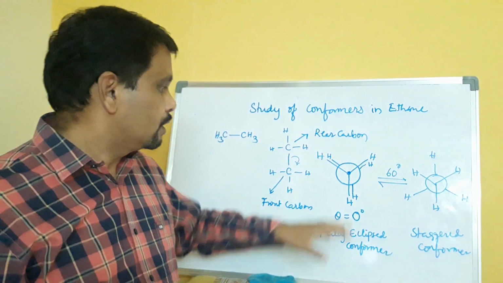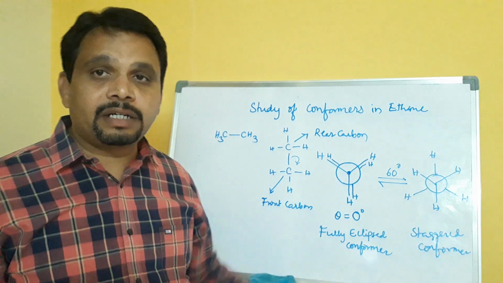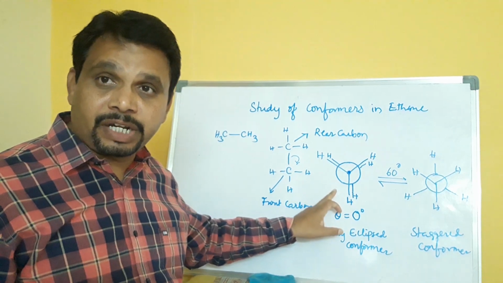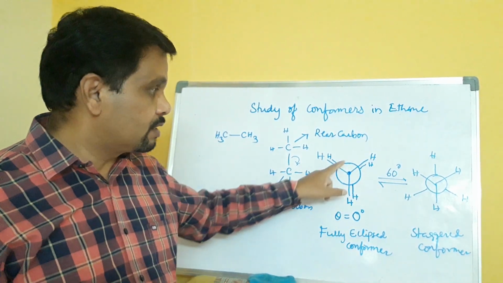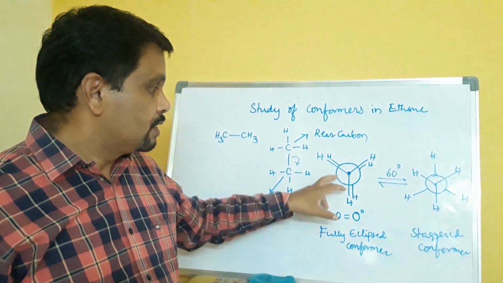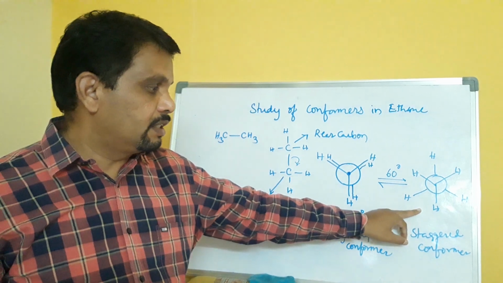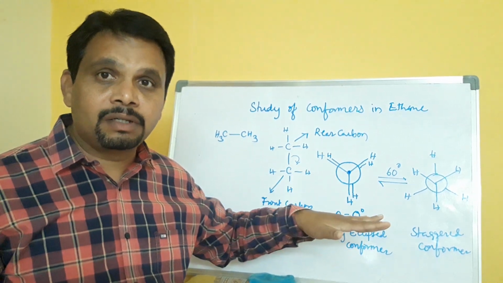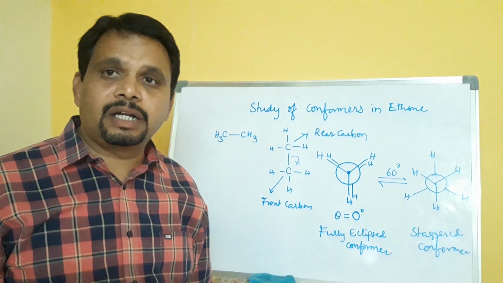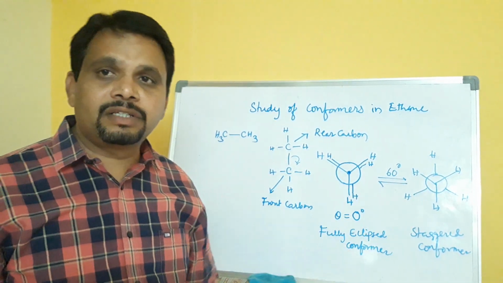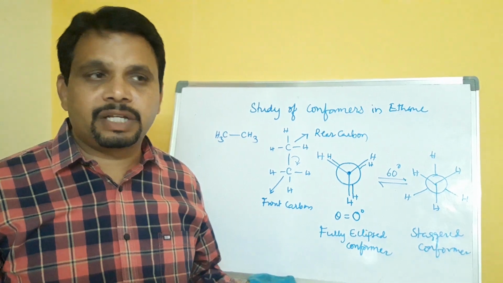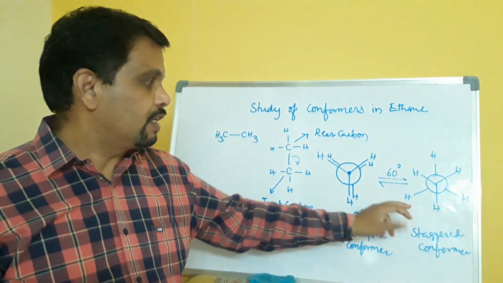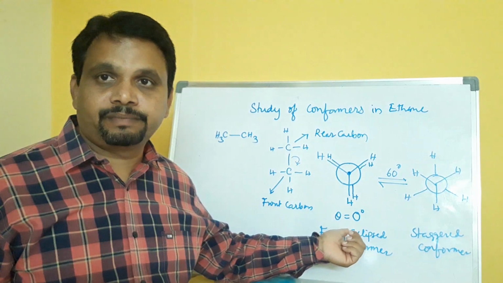In this case, it is the eclipsed one and the staggered conformer. In eclipsed conformer, eclipsed strain or torsional strain or fissure strain exists because of the eclipsed arrangement. Okay, and in the case of staggered conformer, there is no eclipsed strain, there is no steric strain. Because the dihedral angle is 60 degrees, there is no question of steric strain or any eclipsed strain in staggered conformer. Therefore, staggered conformer is more stable than the eclipsed conformer. Okay, so